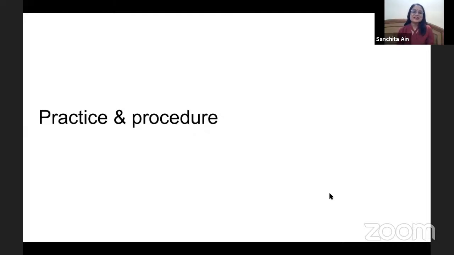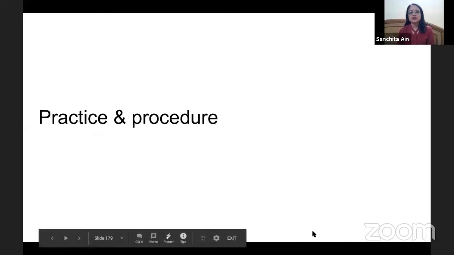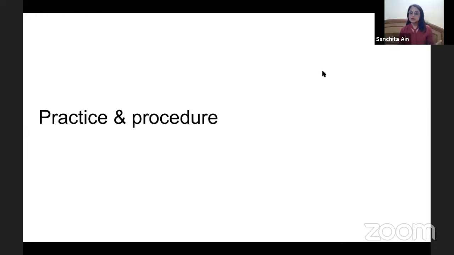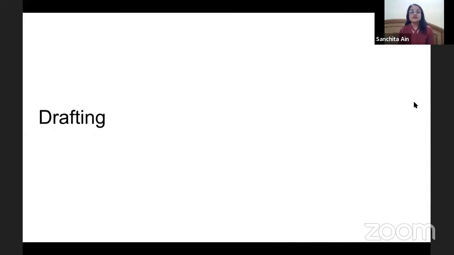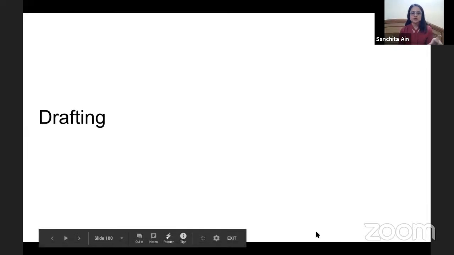So you have these 4 papers in the AOR exam. Practice and procedure of the Supreme Court, you need to know that thoroughly in order to become an AOR. Even for an arguing counsel, that's the basic. Next is drafting. You don't just need to know the format. They don't ask you to write the format. They give you proper questions there and ask you to draft the petition. So they just check if you have the basic skills.